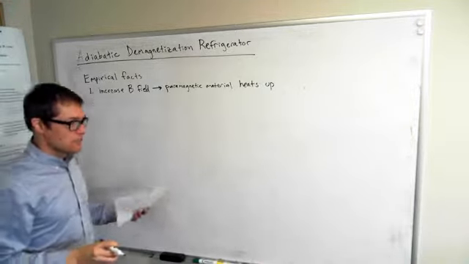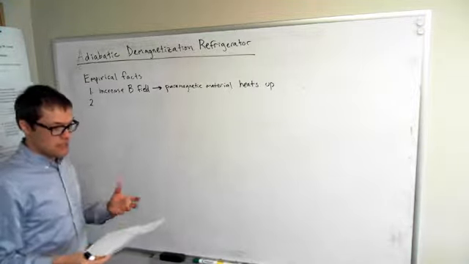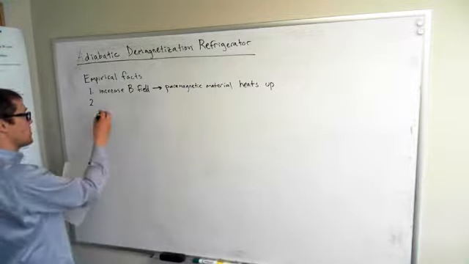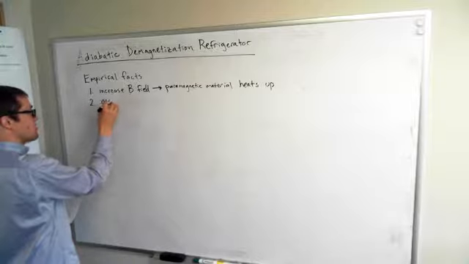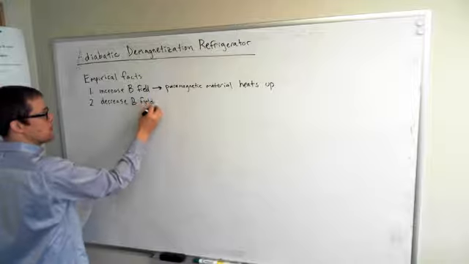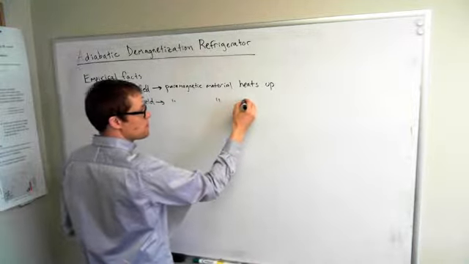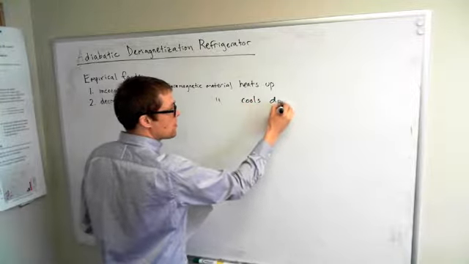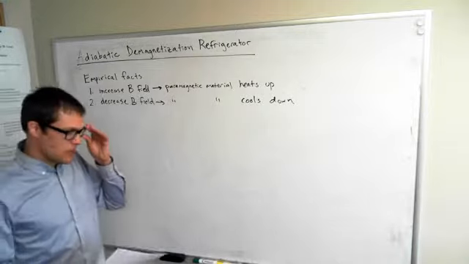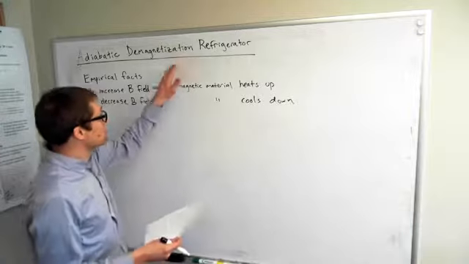And the opposite is also true. That is, if you have a paramagnet sitting in a magnetic field and you suddenly decrease the strength of the magnetic field, it cools off. So the opposite here is also true. Decrease the B field and the magnet gets cold, cools down. So this observation by itself is enough to understand the basic steps of how this ADR